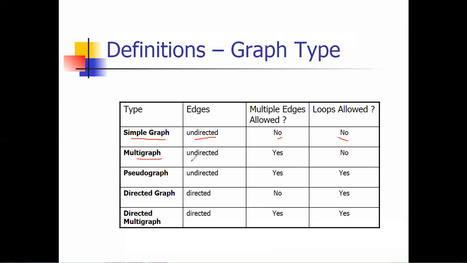Okay, when we are talking about a multigraph, we cannot directly say that it is undirected only. It's not like that. It can be directed or undirected. Multiple edges allowed: yes. Loops are not allowed. Pseudograph, we are talking about it. It is again undirected, or we